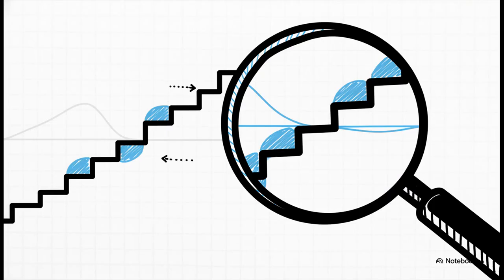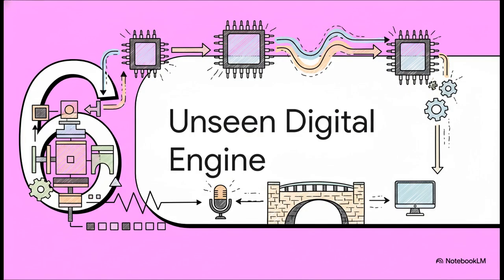You know this unavoidable little difference between the original smooth wave and its digital copy? That has a name too. It's called quantization error. If you could zoom way, way in, the digital signal wouldn't look like a smooth curve at all. It would look like a staircase where each step is one of those distinct numerical levels. The whole goal of high-resolution audio is to make those steps so incredibly tiny that our ears just can't tell the difference. So when you step back and look at it, it's pretty clear that these tiny little translators, the ADCs and DACs, are really the unseen engines driving our modern world. They're constantly building and rebuilding that bridge between the physical and the digital.